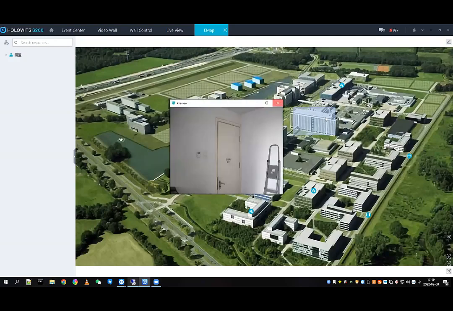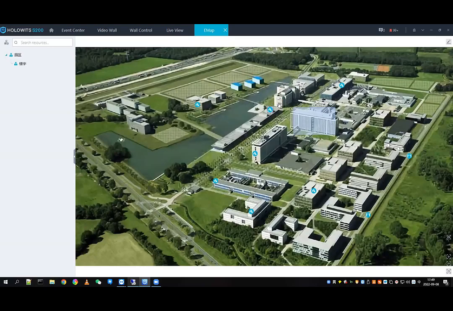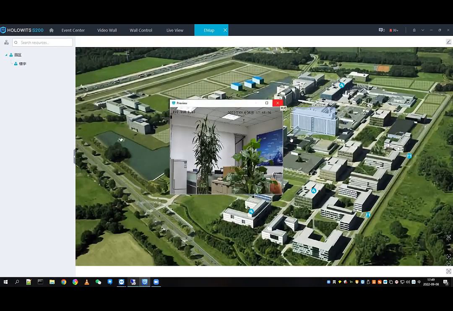And you could configure the multi-tier EMAP, as you see here in the middle of this map. You will see there is an arrow. You click this arrow, you will come into the next level EMAP. 你点击一下那个第2层。OK。